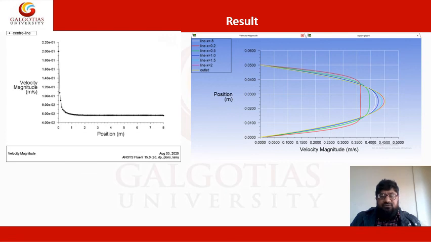And also you can see the velocity profile. You can see that at various locations the velocity is plotted. This red color is at x equal to 0.2, and you can see the flow is not fully developed. The velocity is constant inside the core region, and the velocity varies near the solid wall up to the core region, and finally when the fluid flow is fully developed, the velocity profile becomes parabolic.